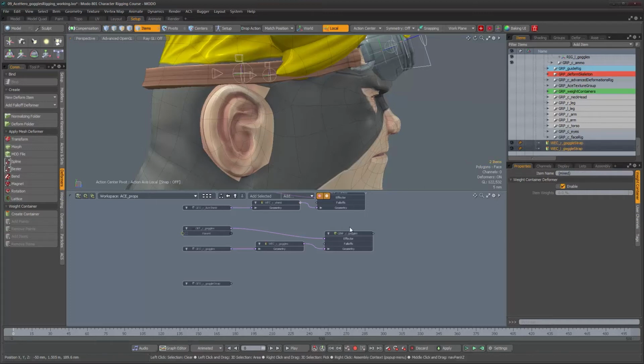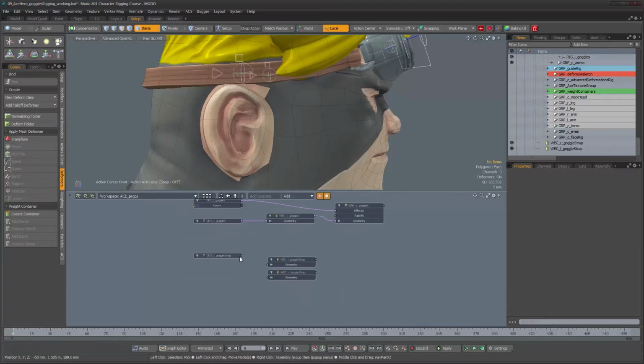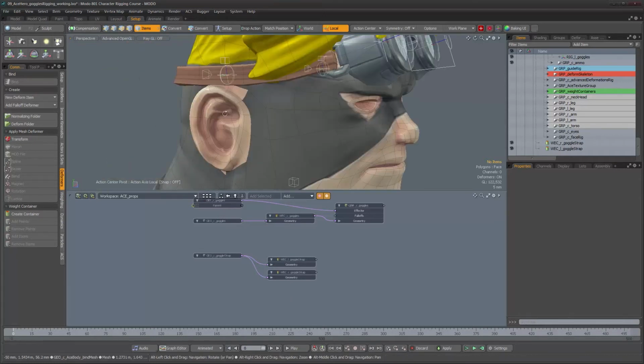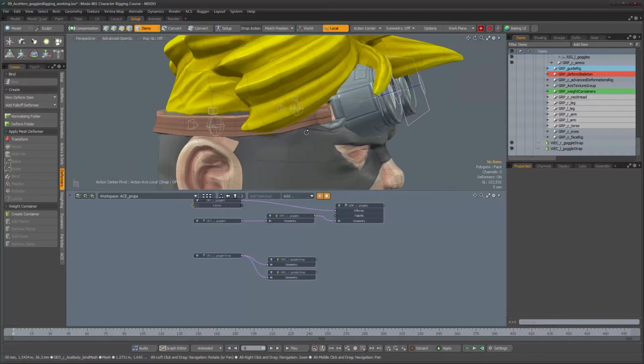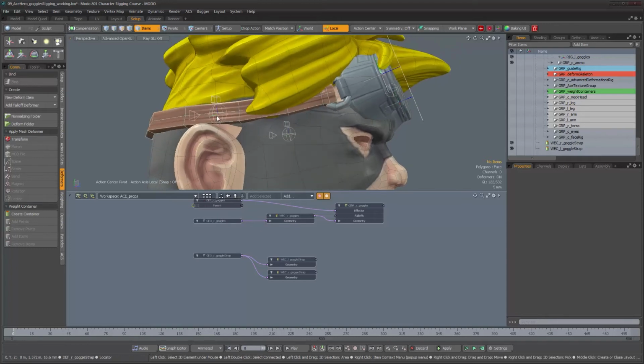Okay, let's bring both in, and we connect the geometry to both. Okay, there we go. Now I'm gonna need another deformer to get this part to stretch and realign itself towards